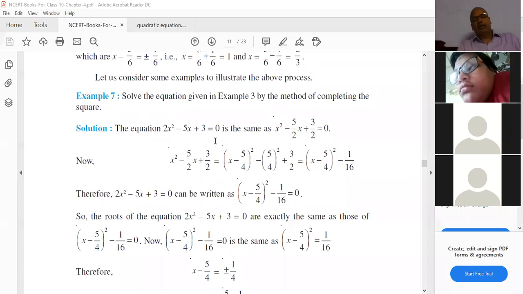Okay, multiply means 4x square minus 10x plus 6 equal to 0. 4x square means 2x whole square. Here minus 10x is there. Minus 2 into 2x, 4x is already written. To get 10, you want into 5 by 2. My B is 5 by 2. So I have to write plus 5 by 2 whole square minus 5 by 2 whole square.